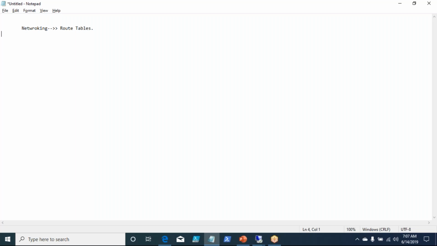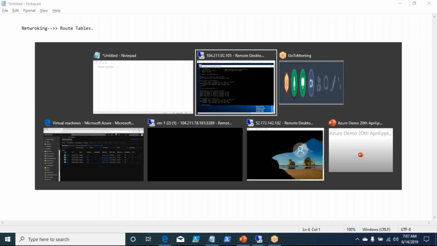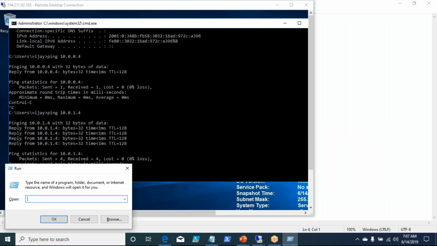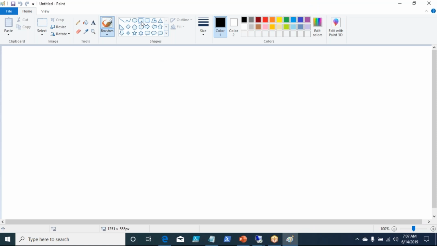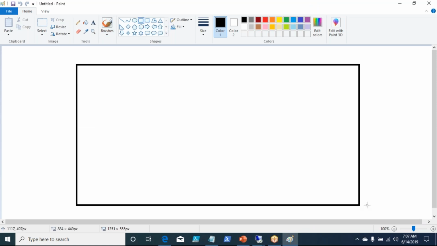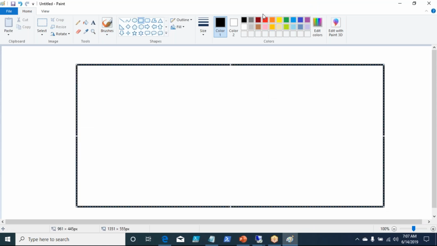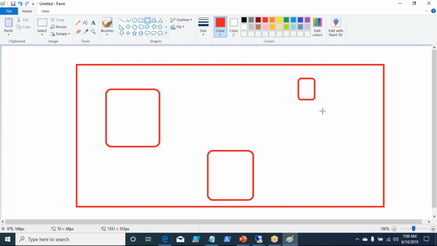Now, by default, when you create a virtual network, you will have multiple subnets as part of it, right? So that's what we discussed. When you have multiple subnets, you may have a requirement where the traffic between the subnets should flow in a certain format or certain path.